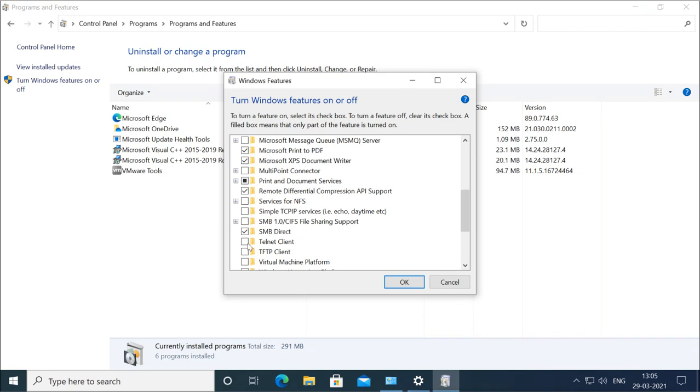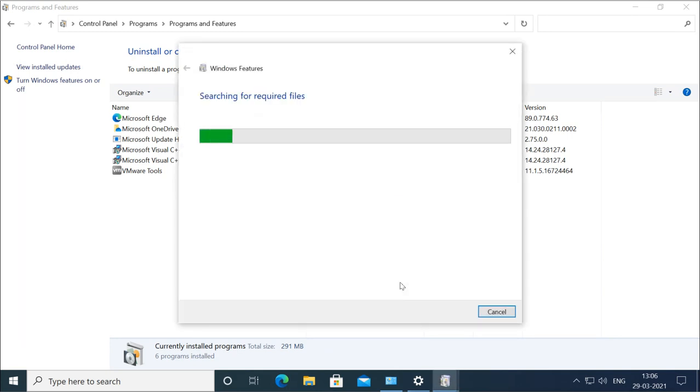Now this feature is not enabled. If I want to enable this, I will select this and say OK, and now it is going to install these features. Now in previous versions of Windows, for example before Windows 7, when you wanted to install these extra features, you needed the installation CD or DVD. That means for adding these additional features, you had to put the DVD into your DVD drive, and then it would get the feature from there.